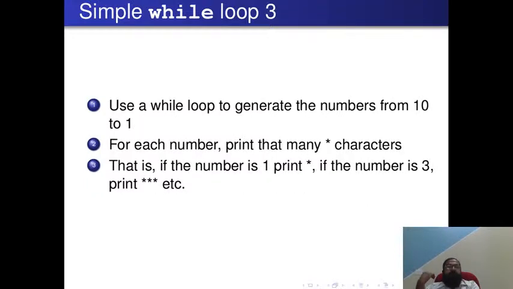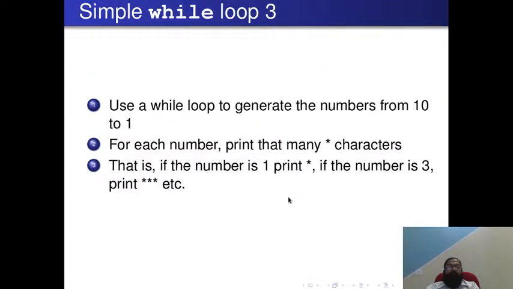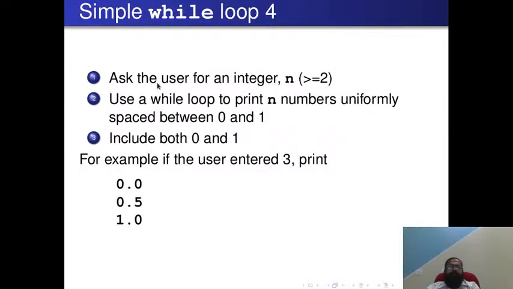Next is use a while loop to generate the numbers 10 to 1. So that's in the reverse order. For each number, print that many star characters or asterisk characters. That is, if the number is 1, you have to print 1 asterisk. If the number is 3, print 3 asterisks, etc. And these questions are already available to you. And next question is